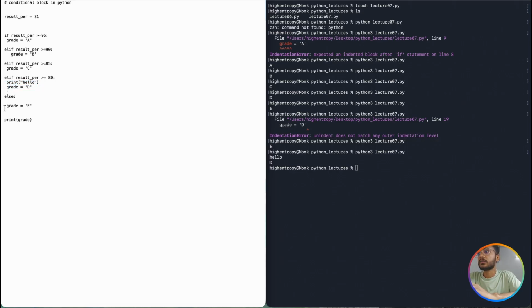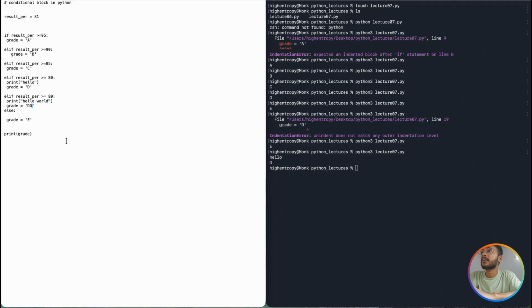After that, it will skip whatever conditions follow, because one is already satisfied, so it's not going to check. Even if you kept two conditions, let's take one more condition with the same 80 percentage, and you say hello world and grade DD, let's say.